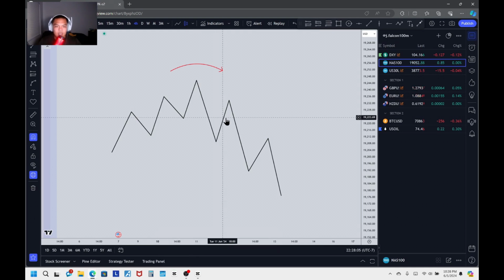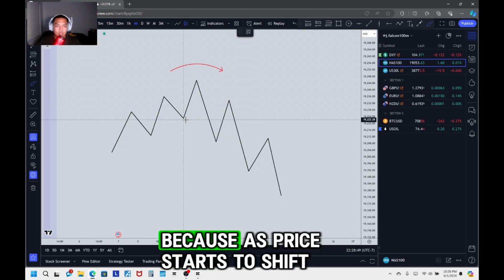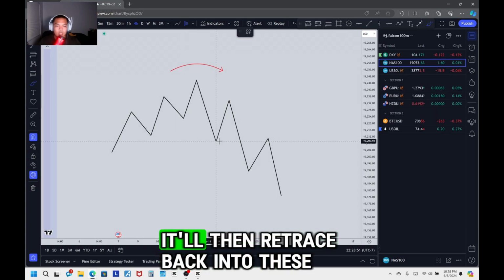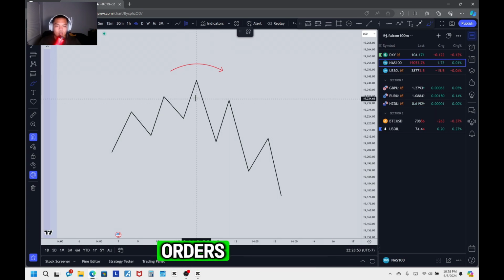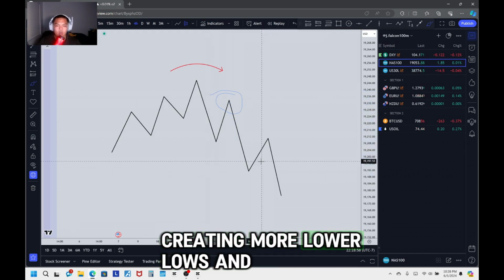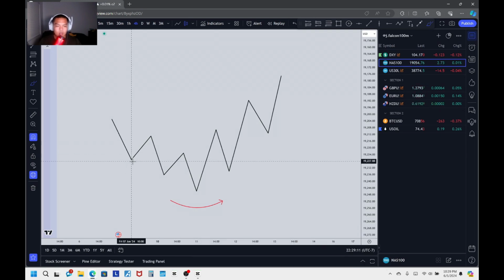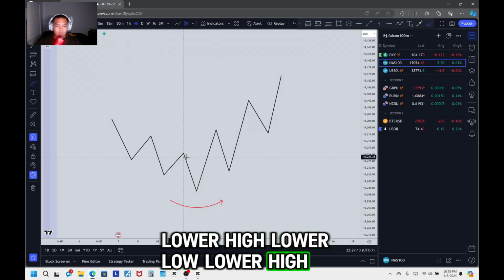Once it does this, automatically you want to look at the last up move. This last up move is going to be where your focus should be, because as price starts to shift, it'll then retrace back into these orders and mitigate from here and start to sell even more, creating more lower lows and lower highs. Vice versa with accumulation, price goes lower low, lower high, lower low, lower high, lower low,